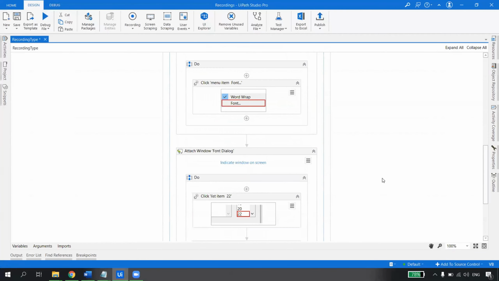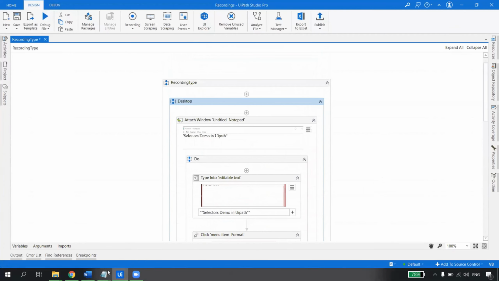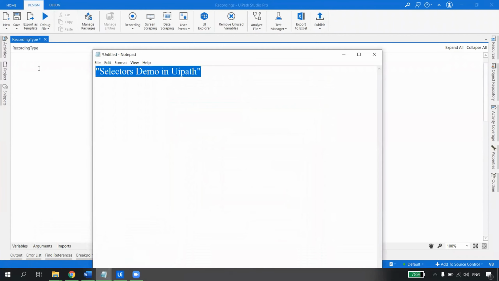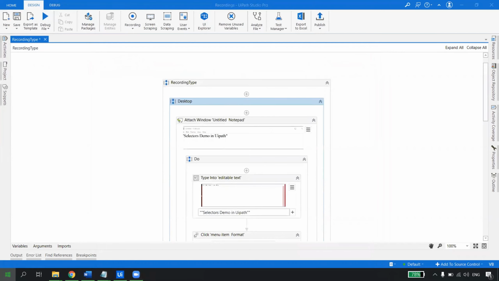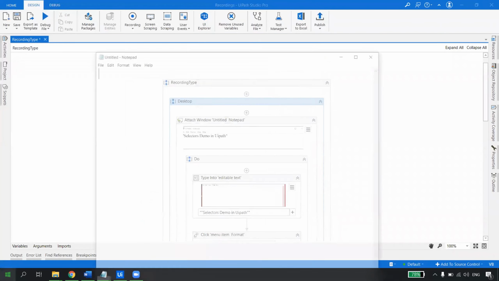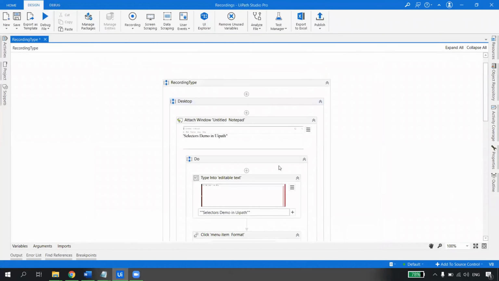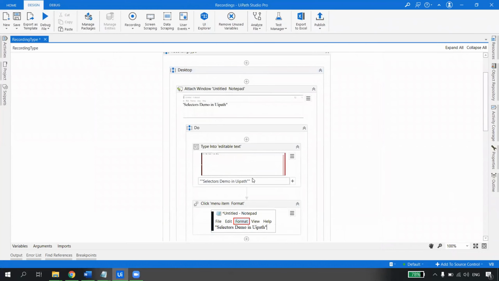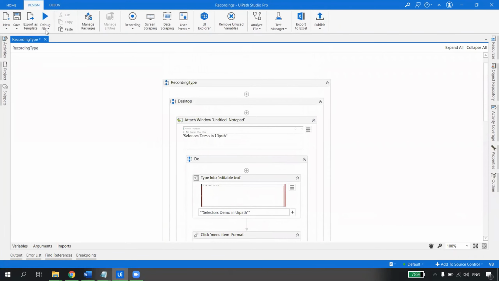Wow. Right. So now if I go ahead and simply run this automation, I will just go here and close this and let us see if that is working or not. So this was the state, right? So now the automation is ready, right? So how to test that? I go here and I select run the file, right?